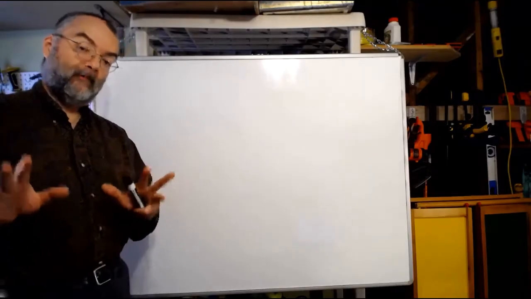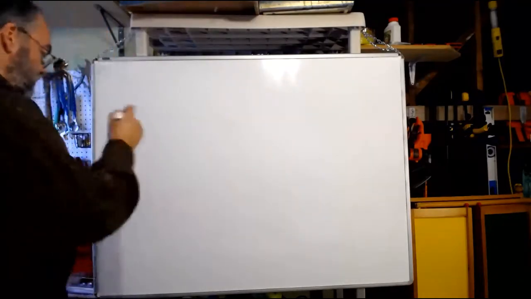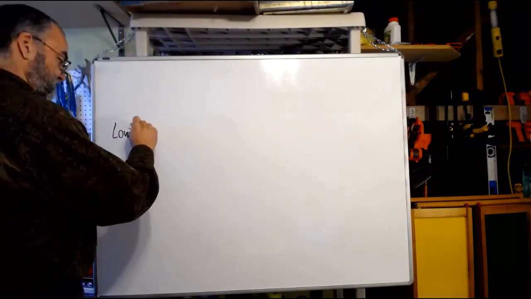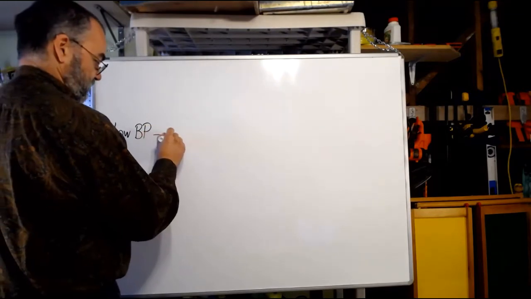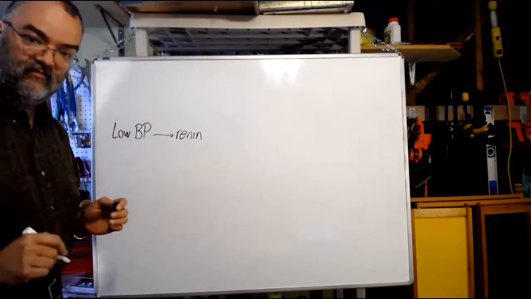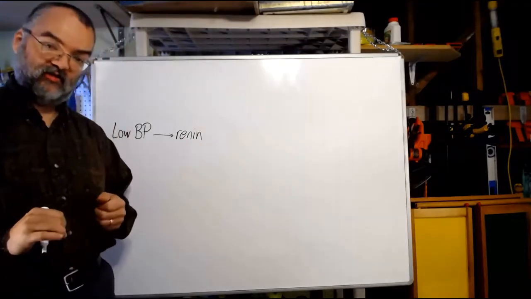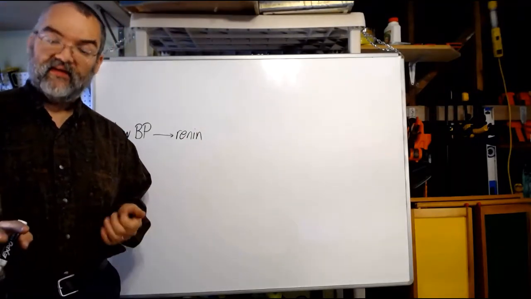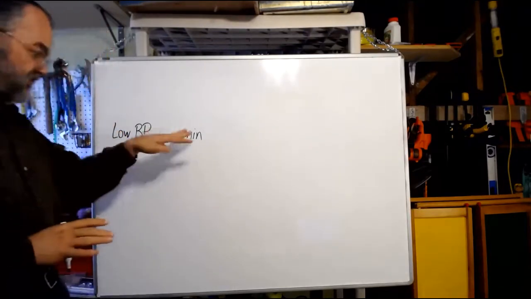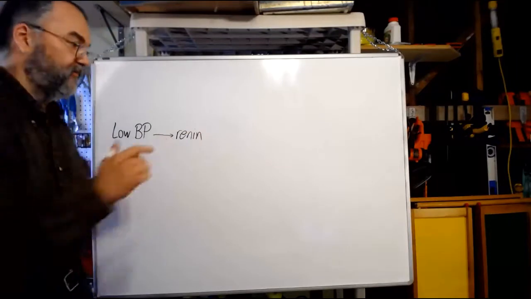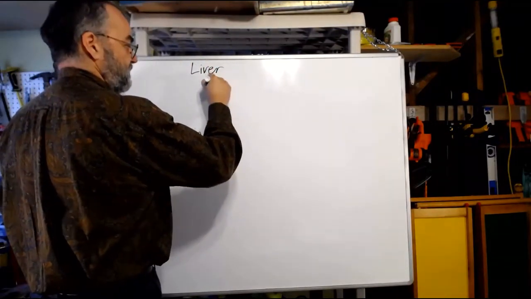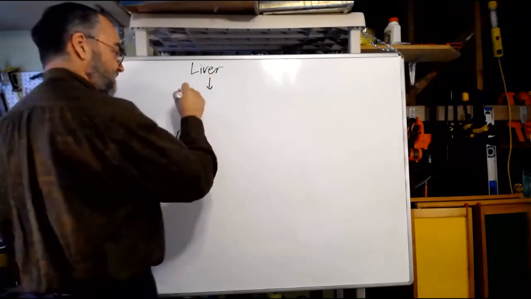So our overall big picture view of this starts with the idea that we have low blood pressure, which results in the production of renin, which is a protein produced by the juxtaglomerular cells and secreted into the blood. Now, what is renin going to do? Well, to answer that, we have to bring in one other thing. Our liver is constantly secreting a protein called